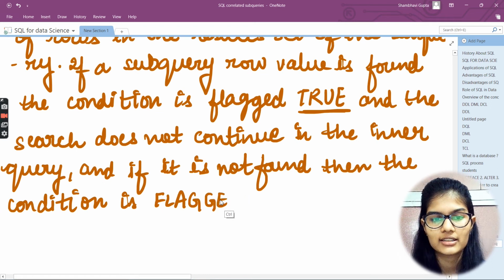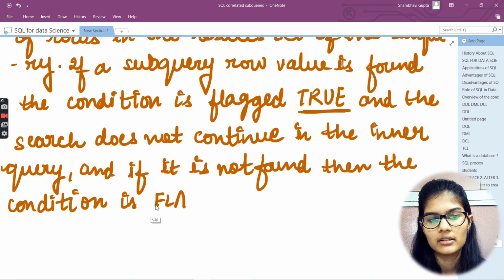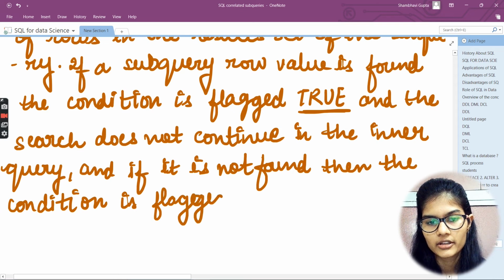So okay, not like this, and the condition is, I would remove this, right, then the condition is flagged false in that particular